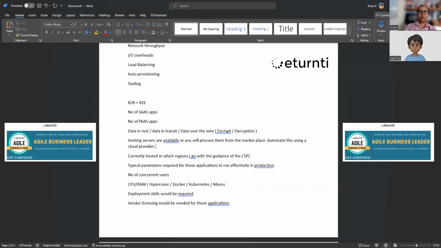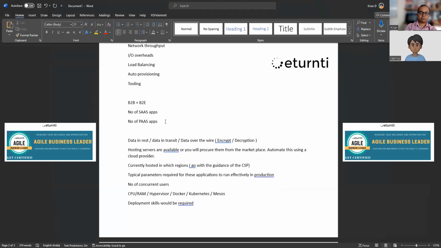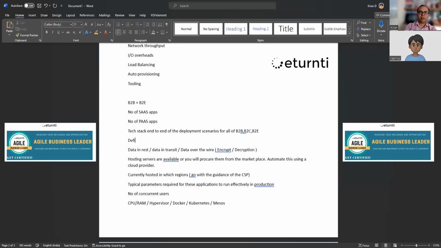And one more thing that you will need to do very strongly is basically understand the tech stack end to end of the deployment scenarios for all of B2B, B2C, and B2E. So you need to figure out the deployment scenarios for all of them, including licensing, packaging, everything. Like in a B2B, what is your tech stack? So basically, define your reference architecture and tech stack for all of these scenarios, which will help iron out